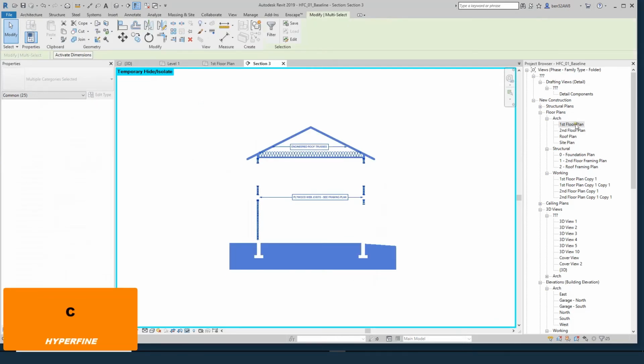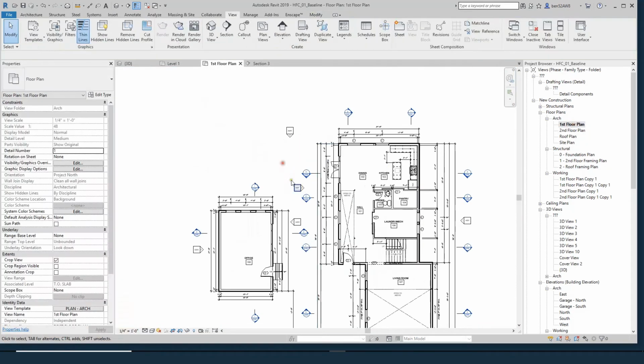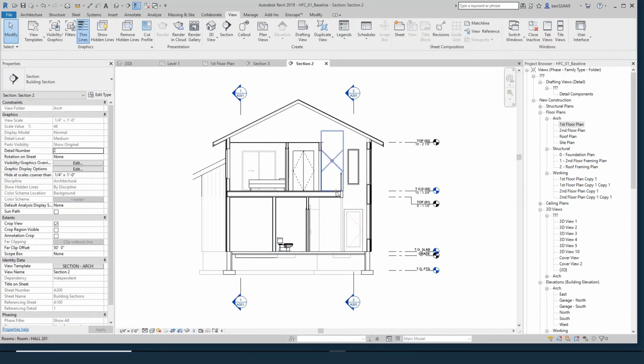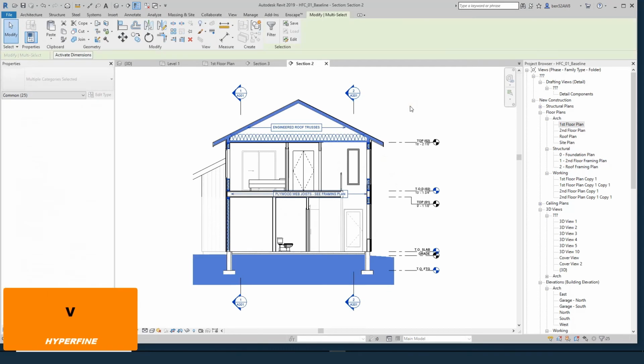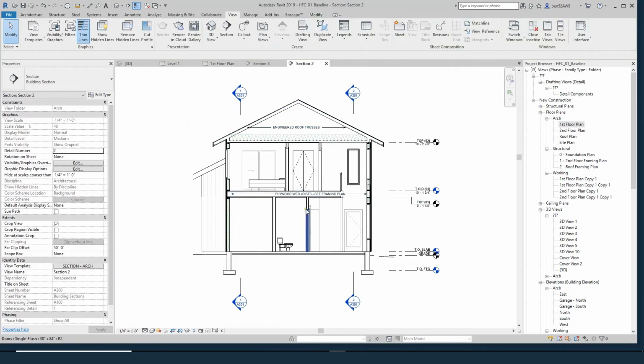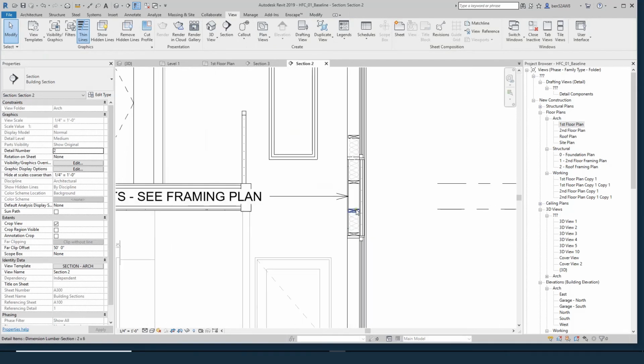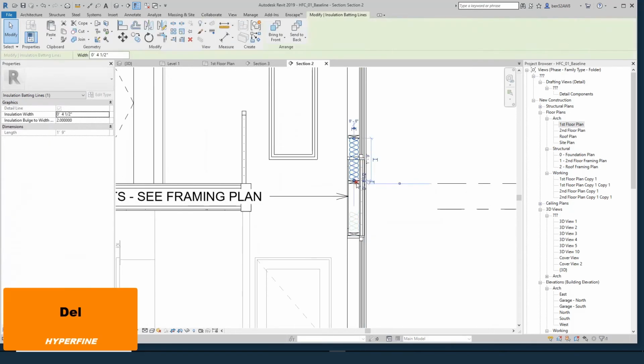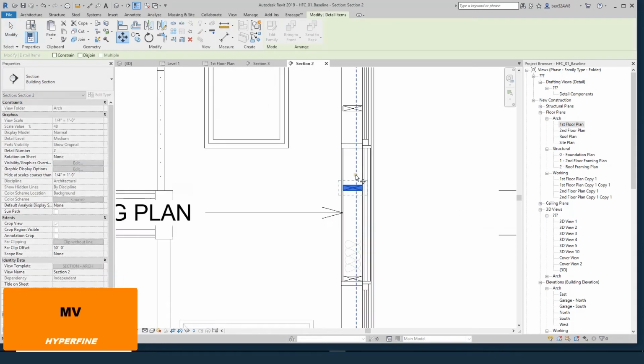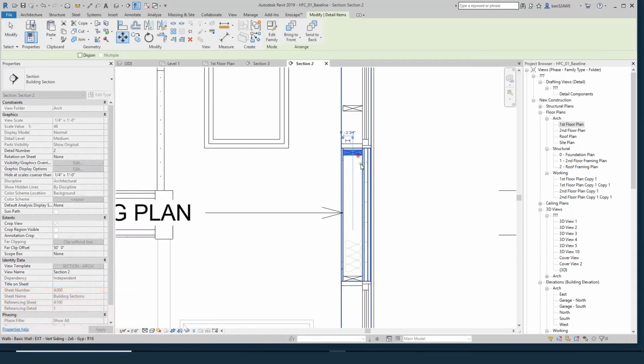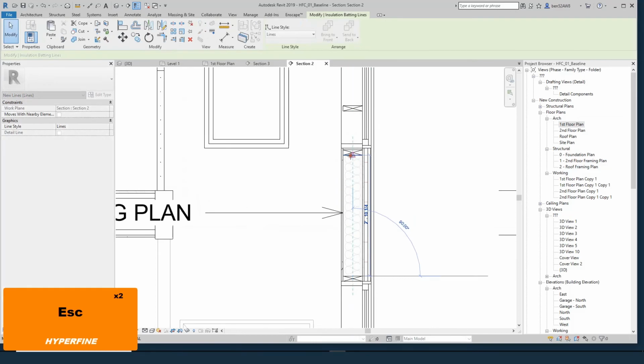I'll Control C. I'll come into my first floor plan. Now if I click into this section, you can see this one is not nice and drawn up, it's just the default sort of Revit backgrounds. If I do Control-Shift-V, paste in place, all that stuff comes through and my section is set up just exactly the same way the other one is. Now I do have to go through and do a little bit of editing because some things aren't in the same place, like the windows aren't in the same place in this section,